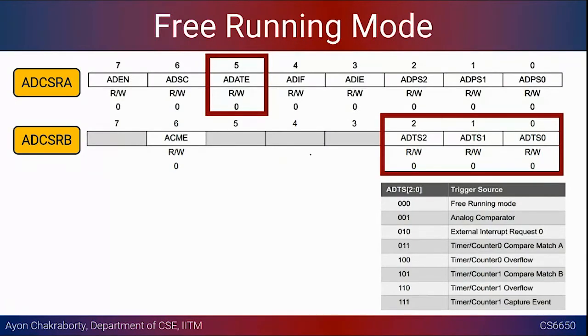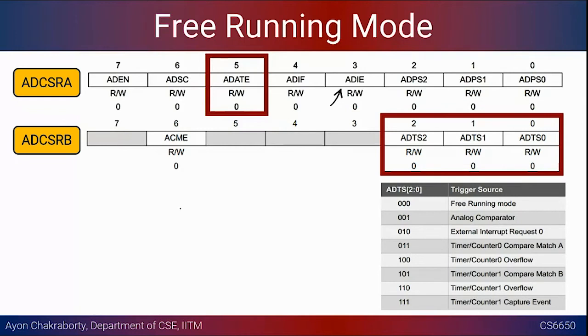Okay, so the other thing I spoke about was, apart from the single conversion mode, there is another mode called free running mode. So what is free running mode? This will keep on reading values by setting this particular enable bit. Once it reads a particular value, it will again enable the interrupt and keep on doing it. In the earlier case, we read one value and after that you have to again enable the interrupt and read more values. That was the single conversion mode.